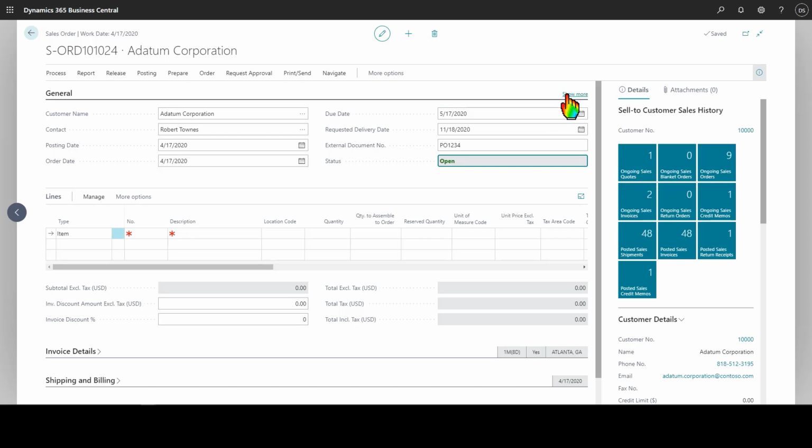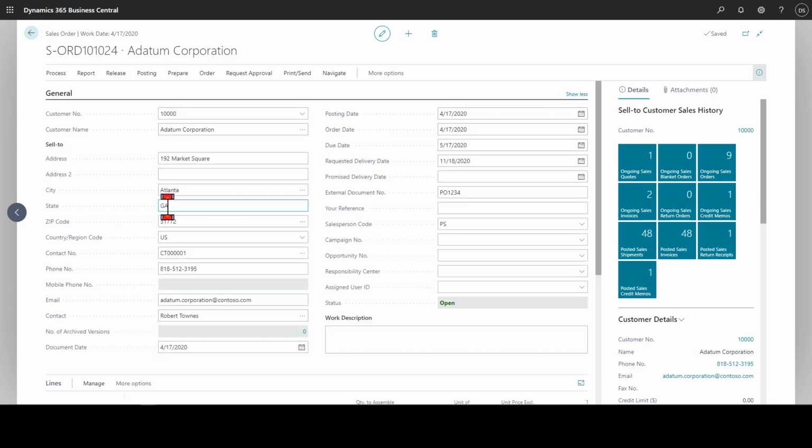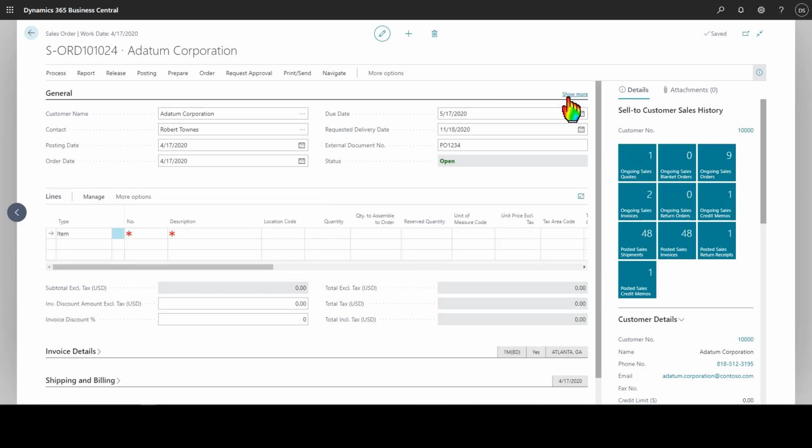You can use the Show More button to see additional data here. Oftentimes you don't need to see that. You can keep that in the collapsed mode. All right,